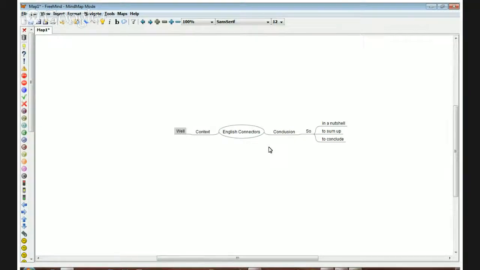What can you say after well to give a little bit of information about yourself? Whoops, don't want to erase it. Hold on. Well, I should start by saying, well, to begin with, well,